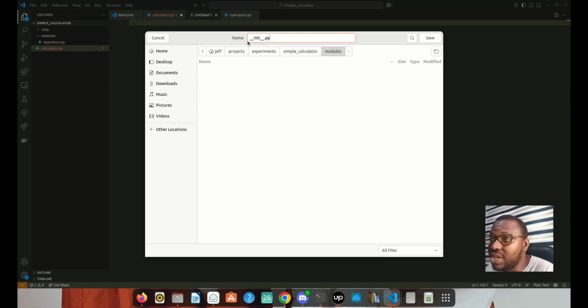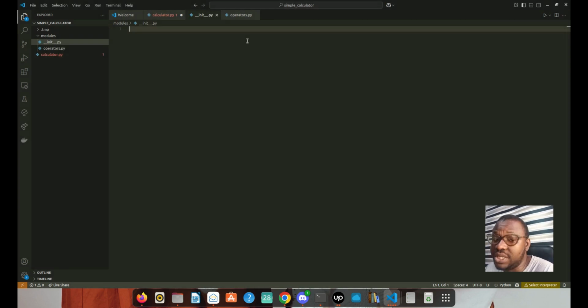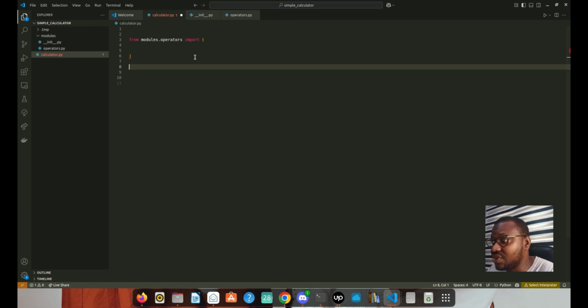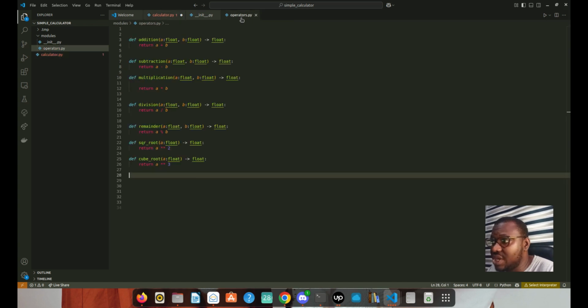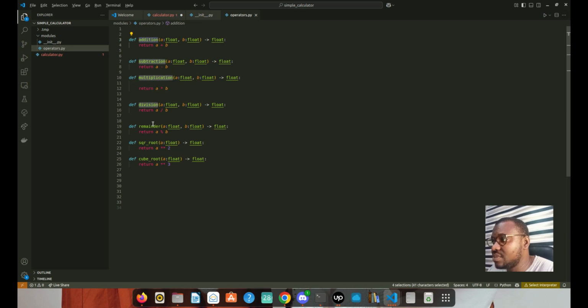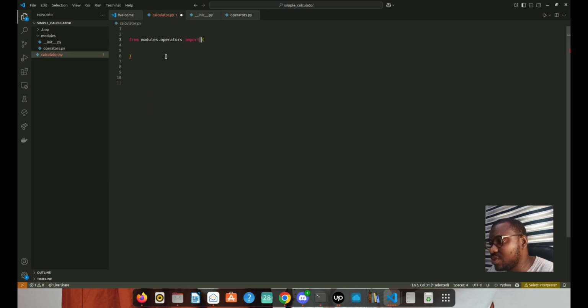So this init.py has made that module a Python package. It's going to make it easy to refer to it and then take anything you want, functions, or import any functions or class or whatever method it is that we've done there. So I'll come here again, copy all of these functions and import them into the calculator file. So pardon me, and there we go. So like this,